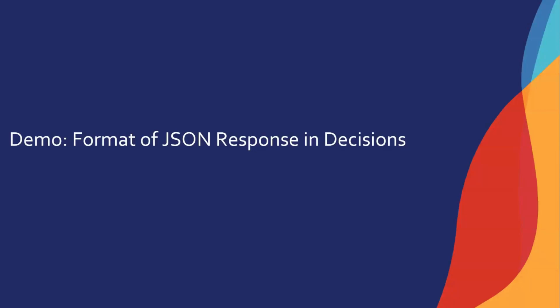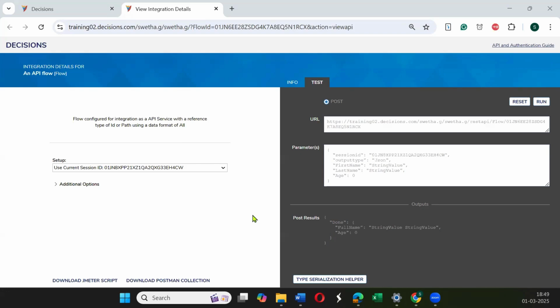Let us now see the format of a JSON response received in Decisions. To demonstrate that, I picked an API that sends the data in the form of a JSON. The JSON thus received has the following properties: full name and age. Please note that any data that is received in Decisions is always enclosed within the property called data. In Decisions,